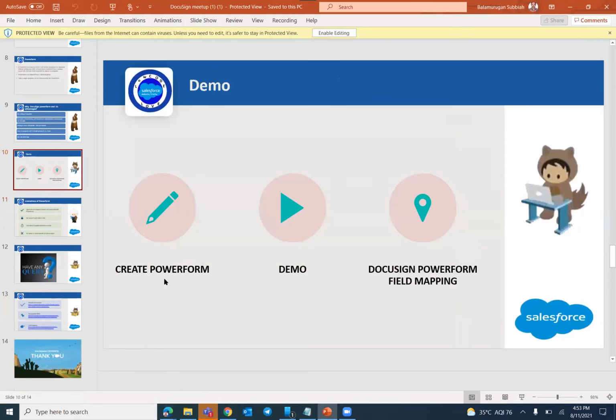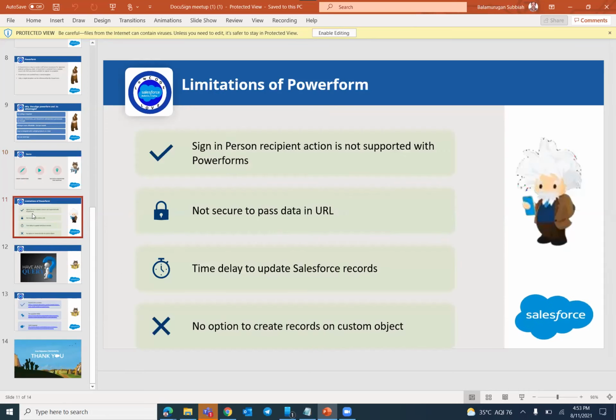I think I have mostly covered the creation of Power Form, then capturing data from our JS to the form, and then from the form to our Salesforce, covering the mapping part. Next, I'll go with the limitations of Power Form. Like I initially said, the sign-in person recipient action is not supported with Power Form.